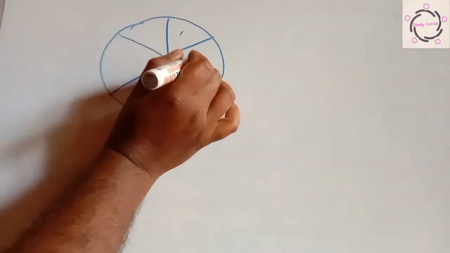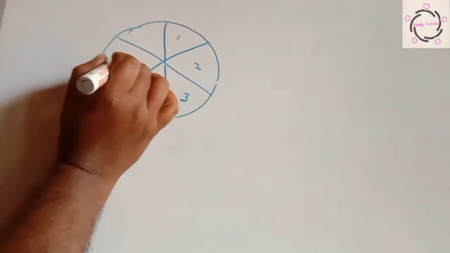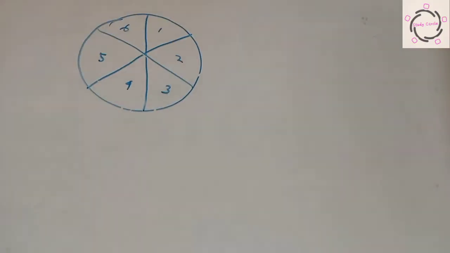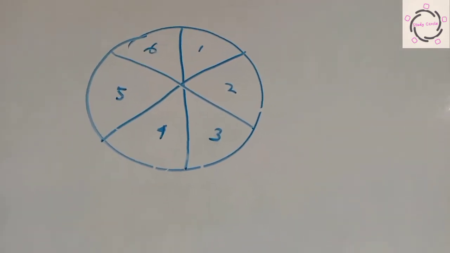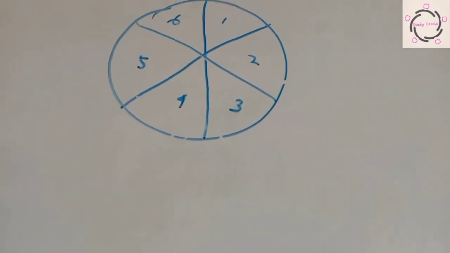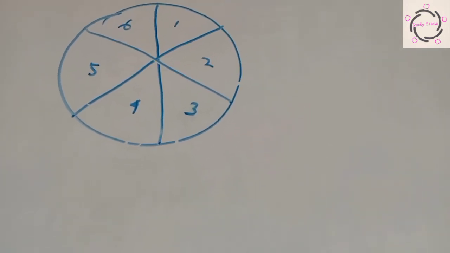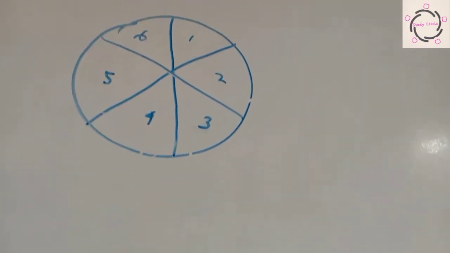Now 1 2 3 4 5 6, so altogether I have divided this circle into 6 parts. Now taking 2 parts from the 6 parts, as may be given in school or in the examination,